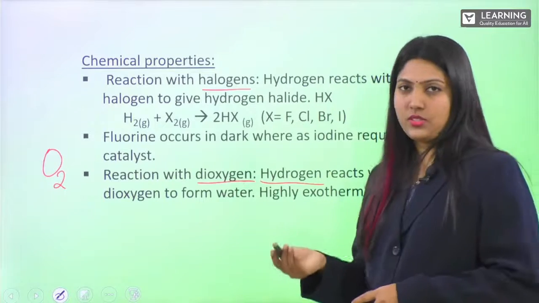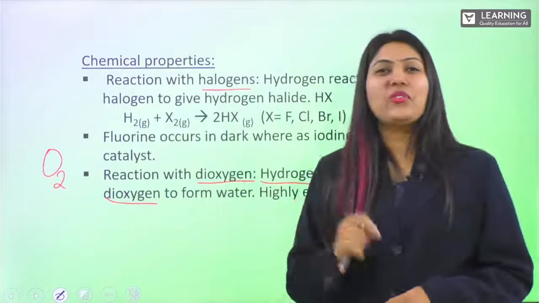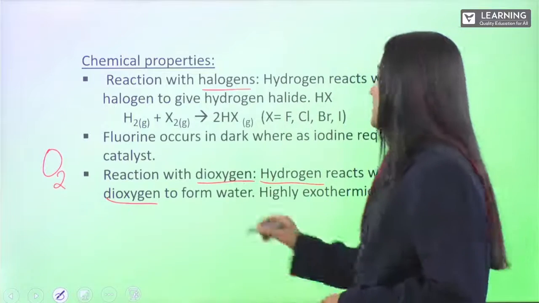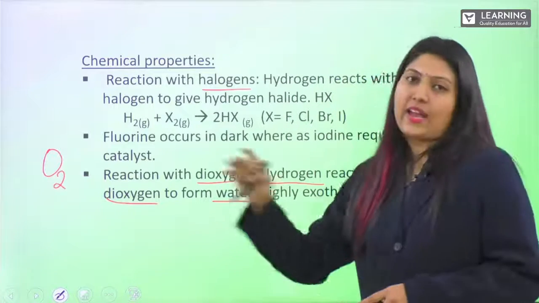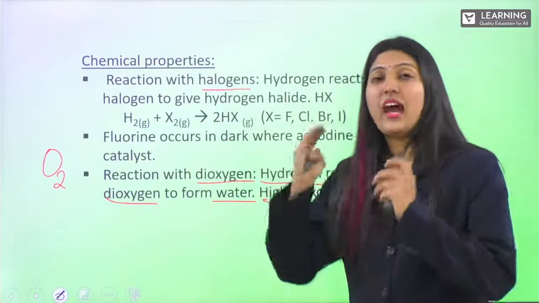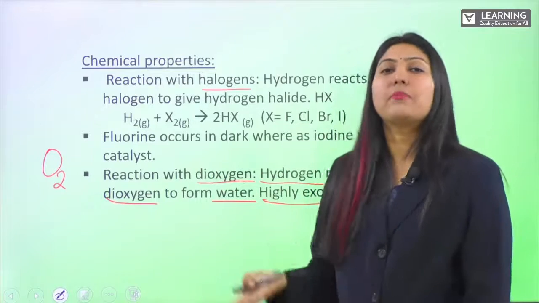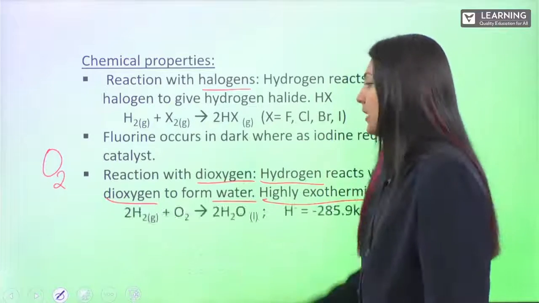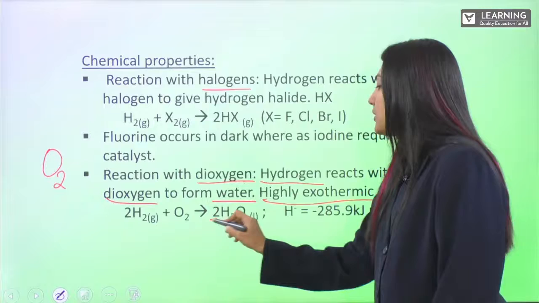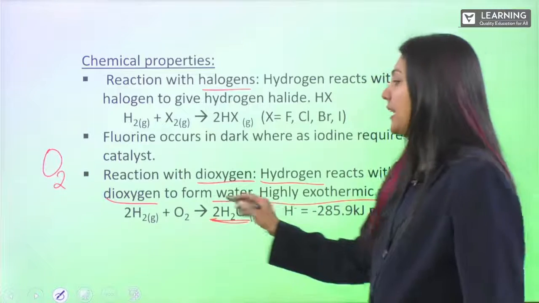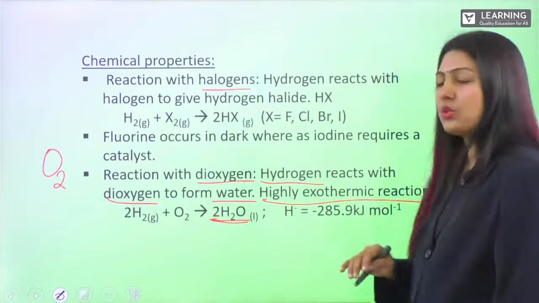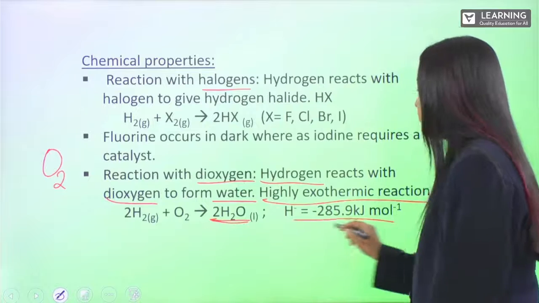Does hydrogen react with oxygen? Yes, obviously. What is the product we get? We get water, which is very useful for all living organisms. It is a highly exothermic reaction, and a huge amount of energy is evolved. You can see a hydrogen molecule reacts with an oxygen molecule to give 2 molecules of water. When we take 2 molecules of hydrogen and 1 molecule of oxygen, in a 2:1 ratio, we get minus